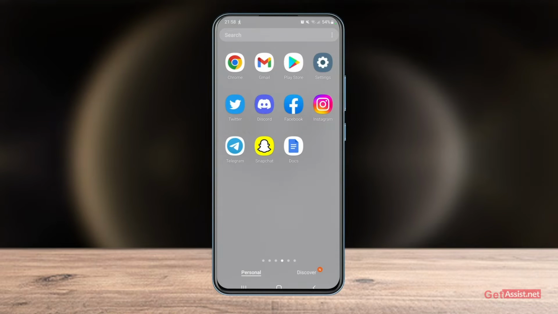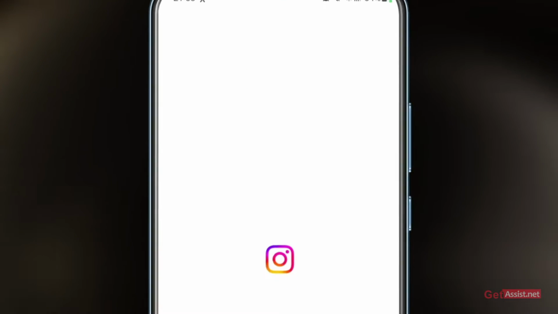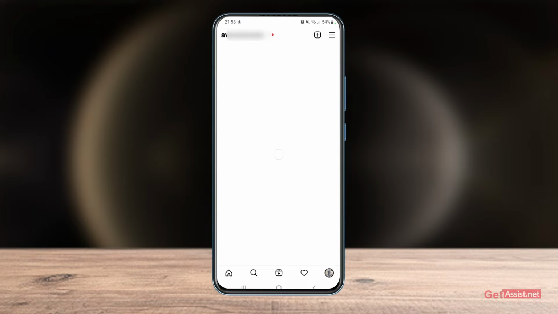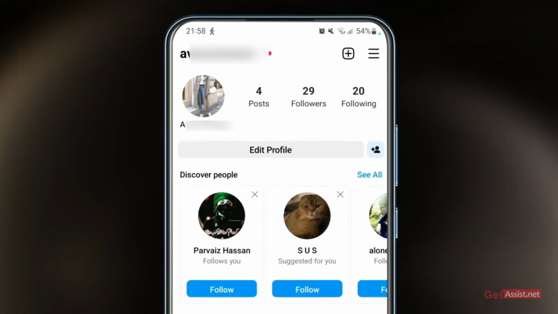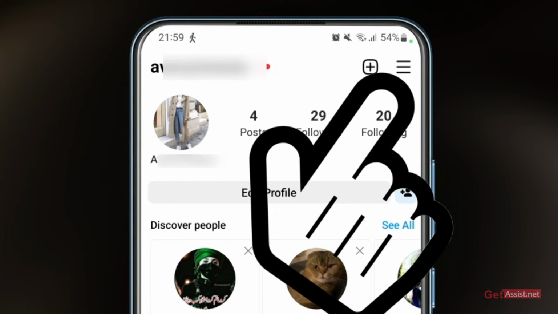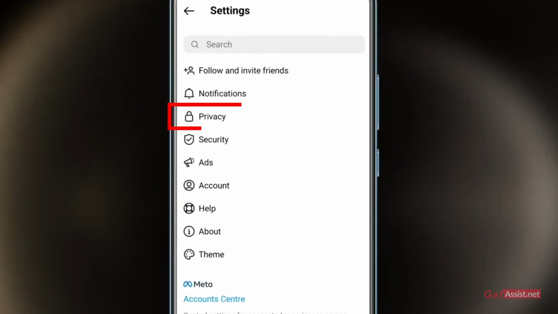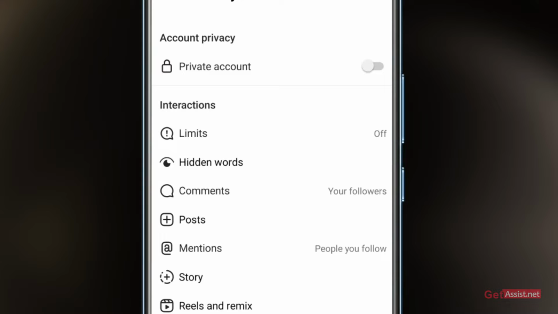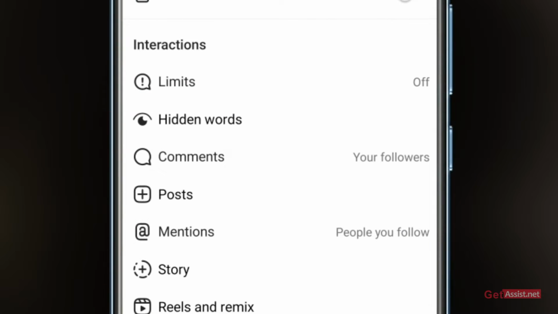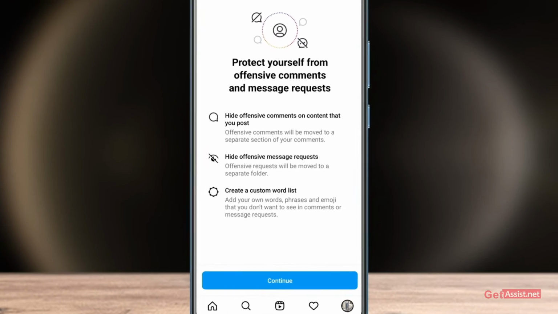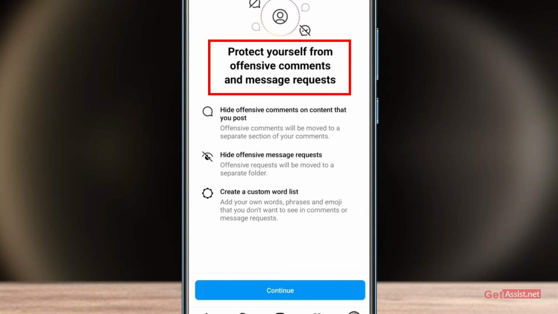So first of all, you just have to go to your Instagram app, and then tap your profile icon given at the bottom right. From here, simply tap the menu icon given at the top right, and from here you have to go to settings. Then go to the privacy section, where you will find this option that says hidden words. So simply press that, and this will give you some information that you can protect yourself from offensive comments and